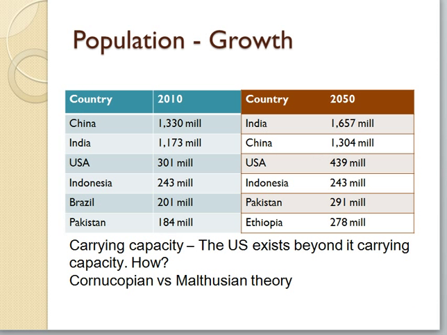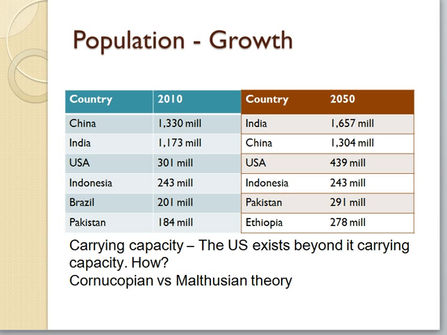We can also just look at trends in population growth. So in 2010, China had the largest population, and the US was the third most populated country in the world. And if we predict these numbers into 2050, we'll see that the United States stays as the third most populated country. India and China switch places, but you begin to see other countries moving up into the top 6.